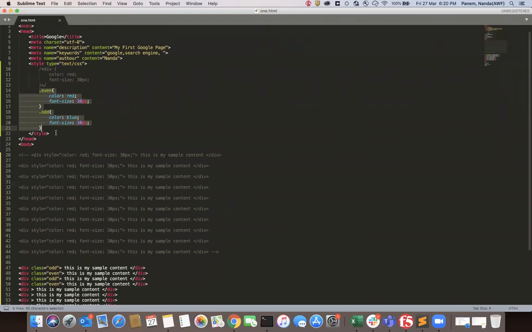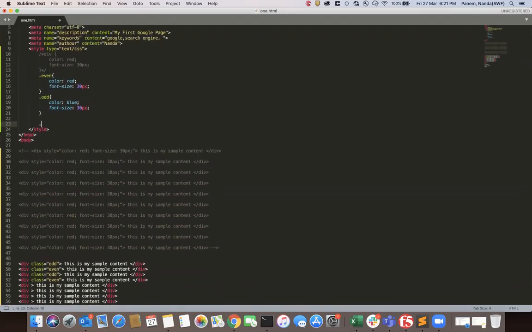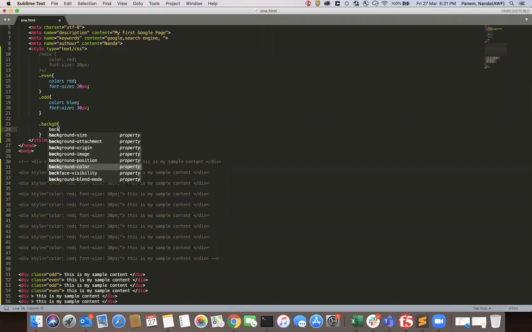And suppose I need to have one more class. Okay, I'm going to create a class called font size background. Okay, I'm going to provide a CSS background color as black.